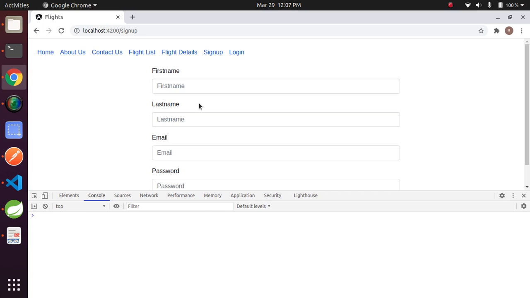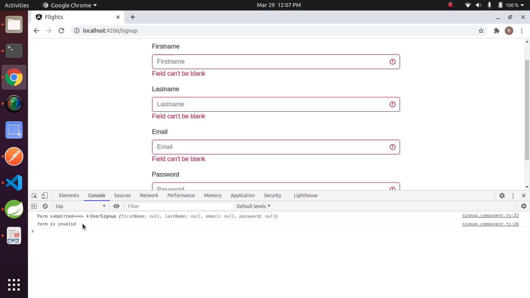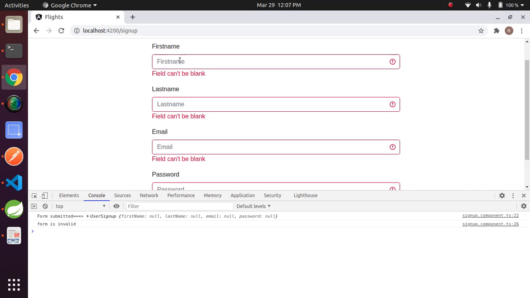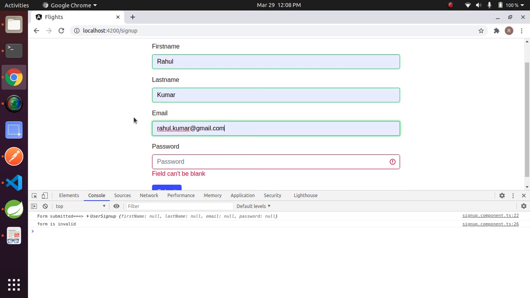Close this. If you look, I am just submitting without entering any data and we are getting form is invalid. Correct. This means our template reference variable is working fine. Let's enter the fields.